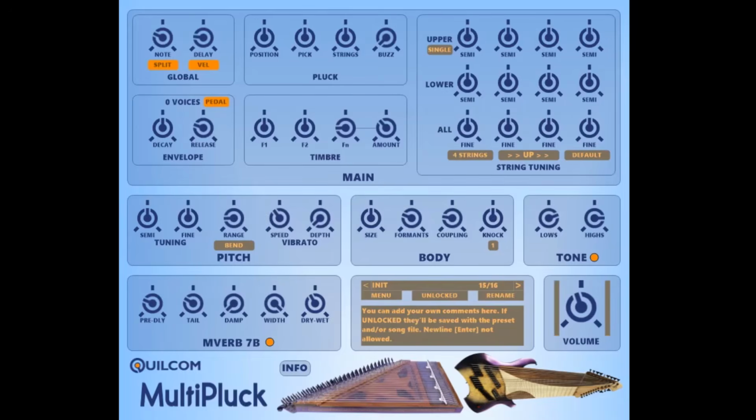As I often point out, my plugins are synthesizers, and if you're seeking true authenticity, then I suggest you buy yourself a sample-based instrument. So that's a somewhat brief overview of the Quilcom MultiPluck,